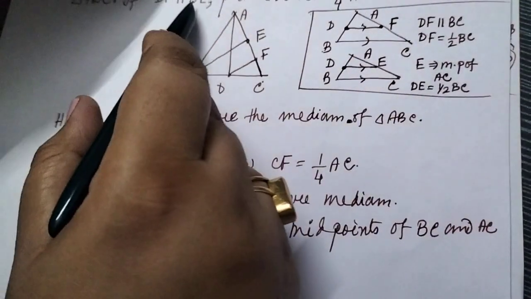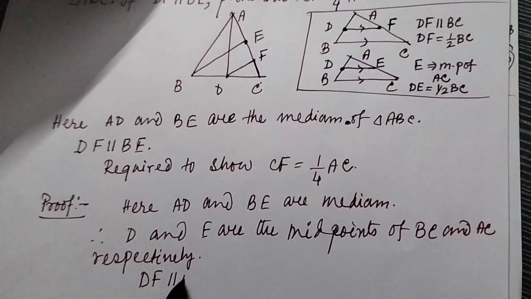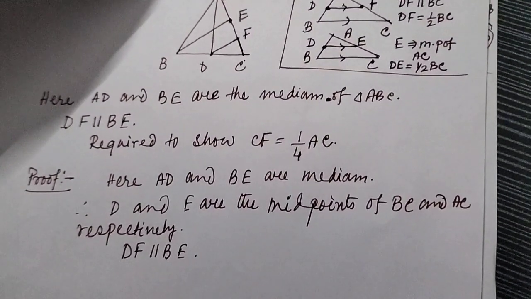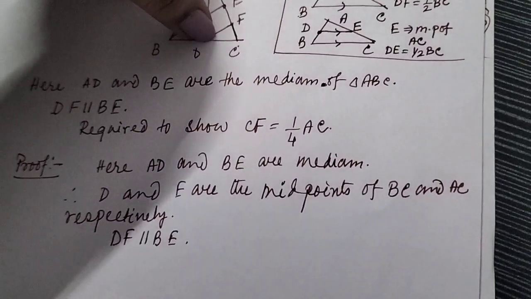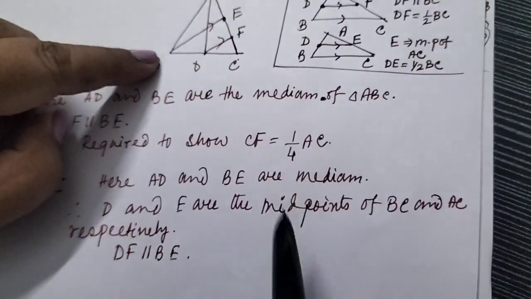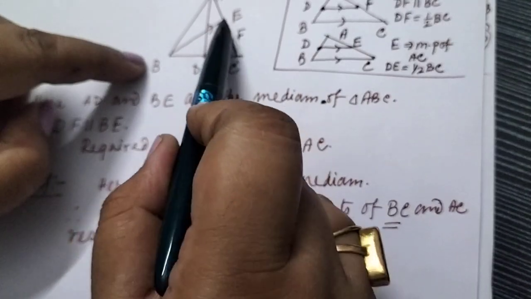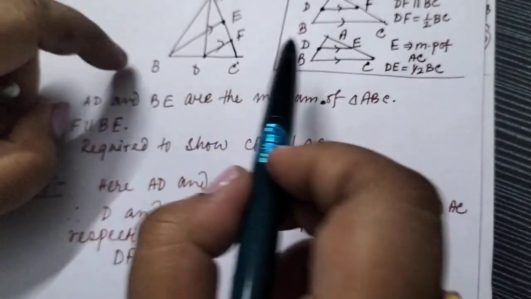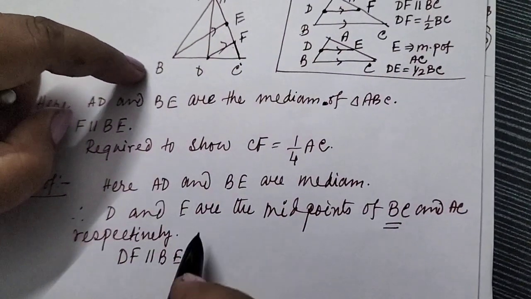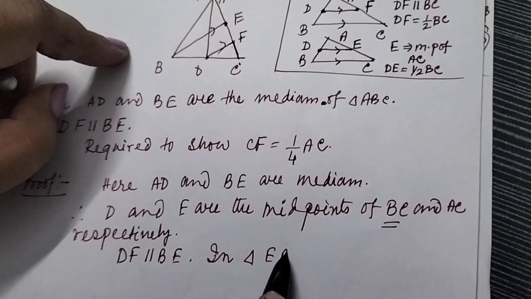Now look, DF parallel to BE. Therefore, here we get DF parallel to BE. D is the midpoint of BC, right? So we can say F is the midpoint of EC in triangle EBC, isn't it? By what? By this converse of the midpoint theorem. Got it? So here we get in triangle EBC,